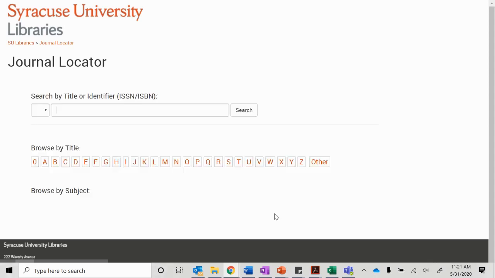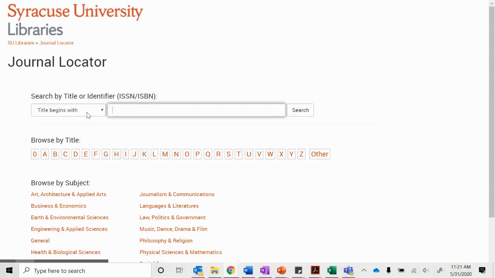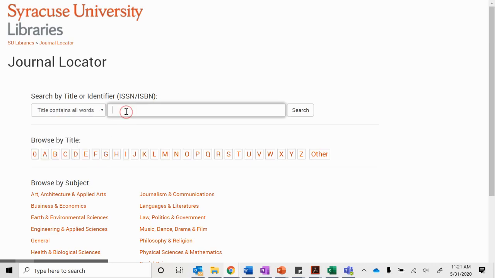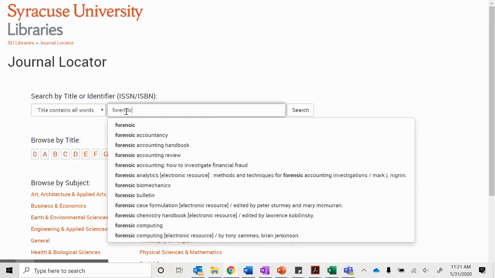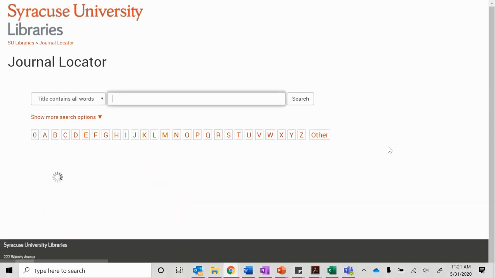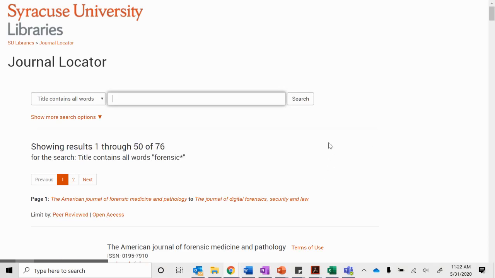That's going to take us to another search where we can search for specific journals. So I know I want a journal with the term forensic in it, so I'm going to change this to make sure that my title contains the word forensic. And I'm going to add an asterisk at the end so that I get not only titles that have forensic in them, but also that have forensics with the S at the end as well. And I'll search for all journals, and you should come up with 76 journals that have forensic or forensics in